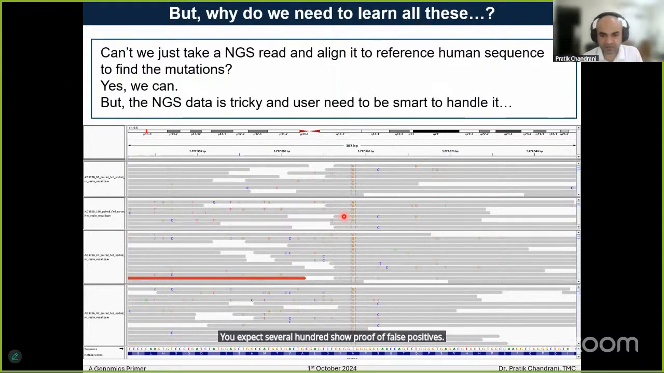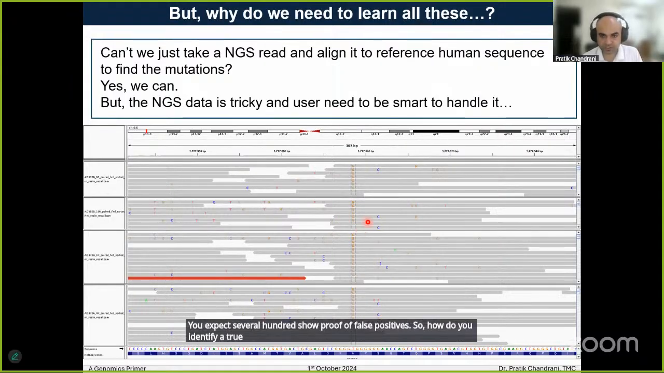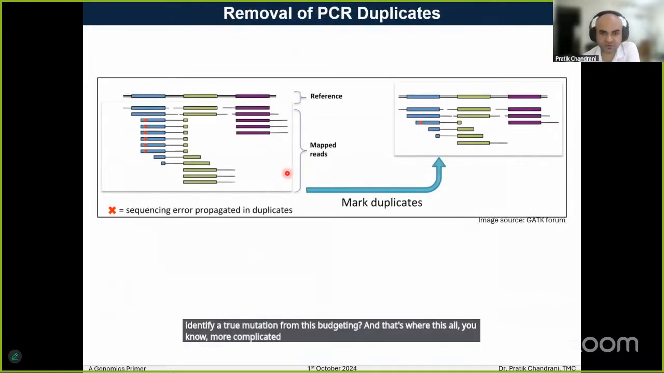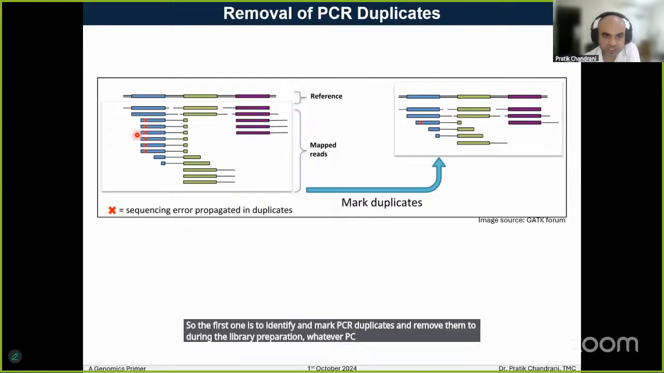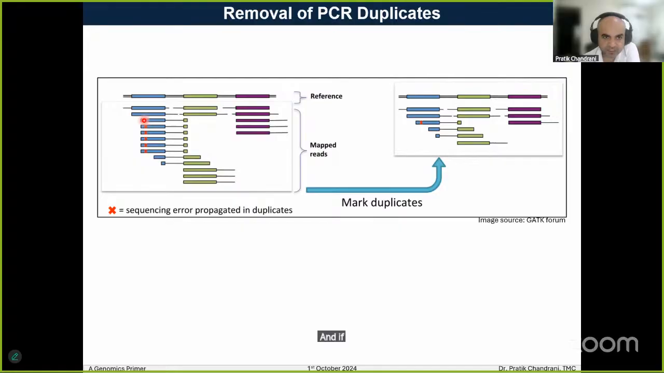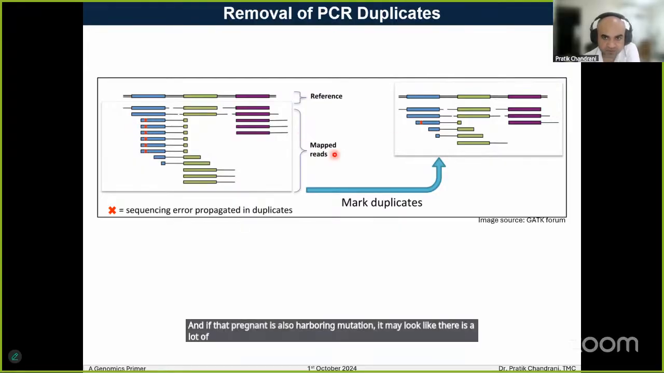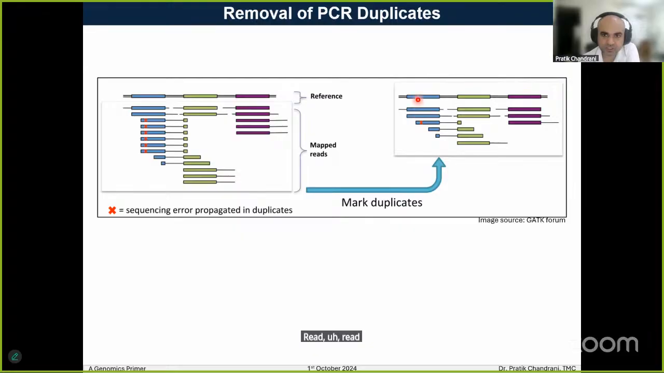So how do we identify a true mutation from this false positive? And that's where this more complicated analysis is required. So the first one is to identify and mark PCR duplicates and remove them. During the library preparation, whatever PCR step we are performing may accidentally overamplify some of the fragments. And if that fragment is also harboring a mutation, it may look like there is a lot of mutation, but when we remove those duplicates, we learn that there is only a single read representing that mutation, other reads are not representing